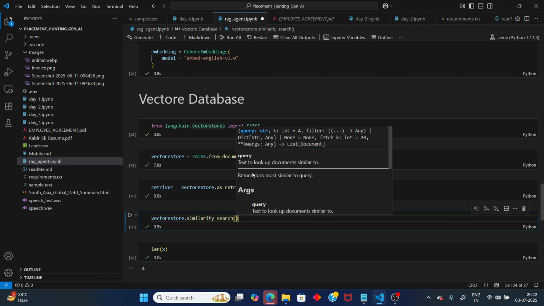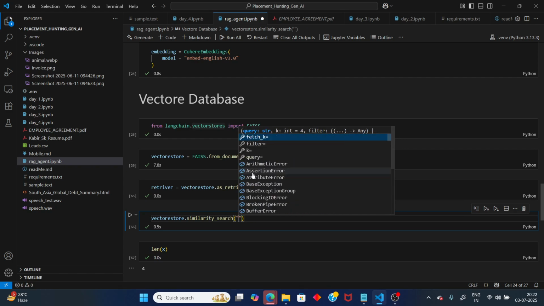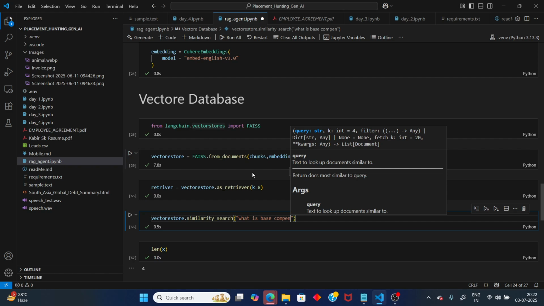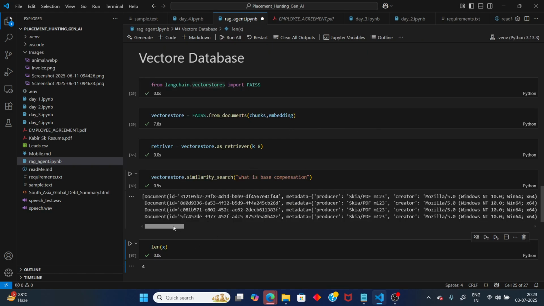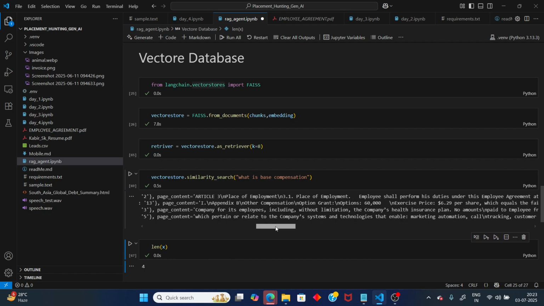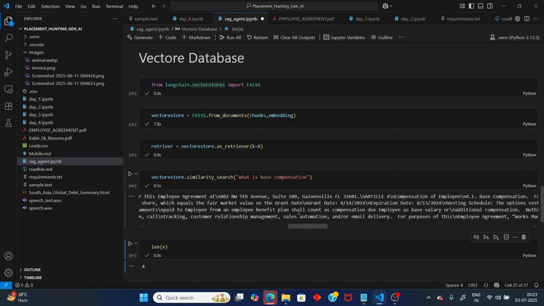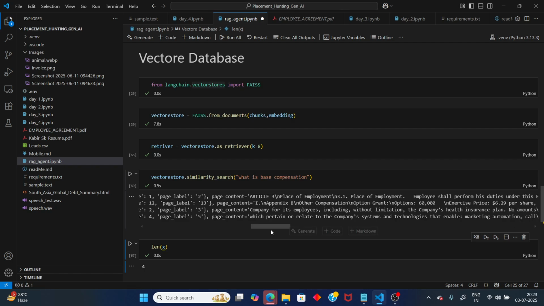के, एक के होता है। और पहले कोई क्वेरी दे दिया, कोई भी क्वेश्चन तुझे पूछना है, सपोज़ व्हाट इज़ बेस कॉम्पेंसेशन, फिर तूने यहाँ पे के कर। तू पहले बेस कॉम्पेंसेशन देख, यहाँ पे तेरे पास 3 डॉक्यूमेंट हैं, 1 2 3 4, बाय डिफॉल्ट 4 होते हैं। तो यहाँ पे भी जहाँ पे बेस कॉम्पेंसेशन होगा, देख यहाँ पे बेस कॉम्पेंसेशन वाला आंसर तुझे मिल जाएगा, कंपनी के एम्प्लॉय बेस कॉम्पेंसेशन, ये देख अदर कॉम्पेंसेशन, बेस कॉम्पेंसेशन मिल जाएगा।